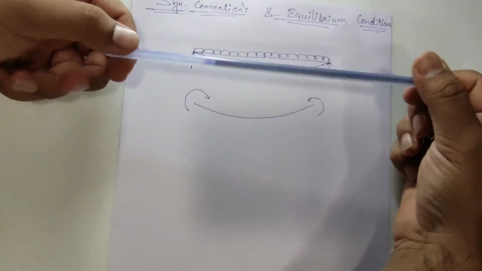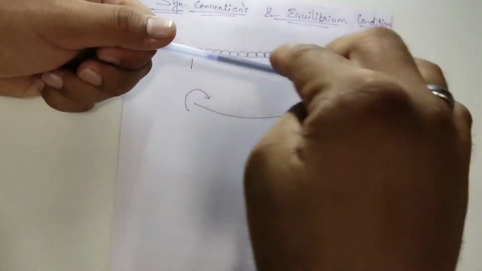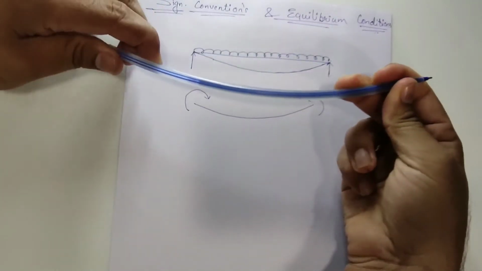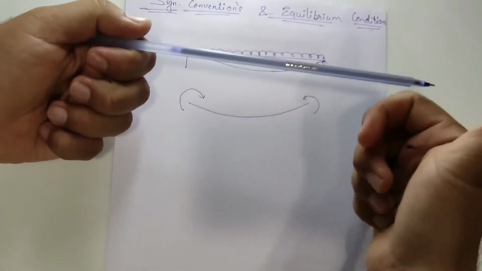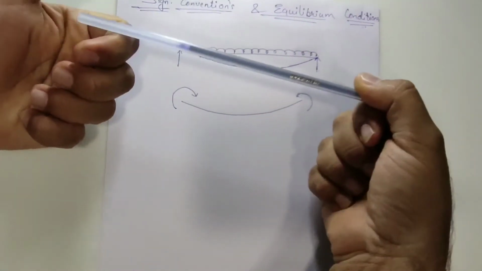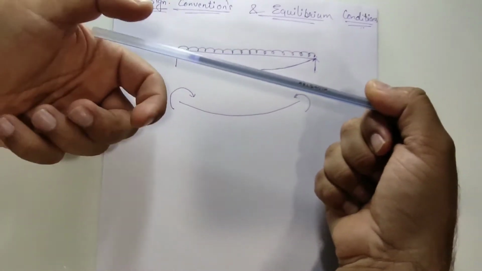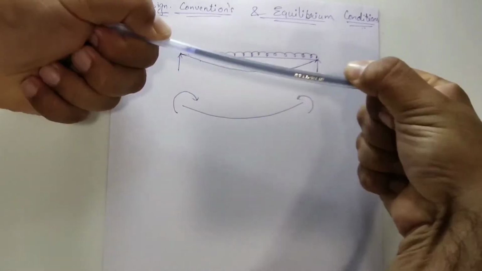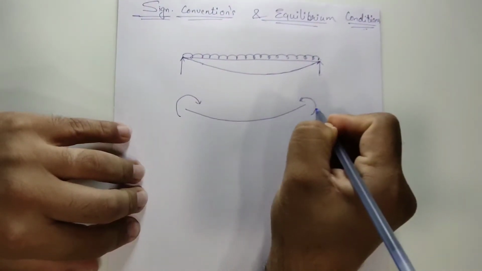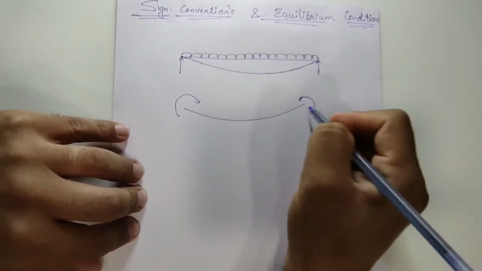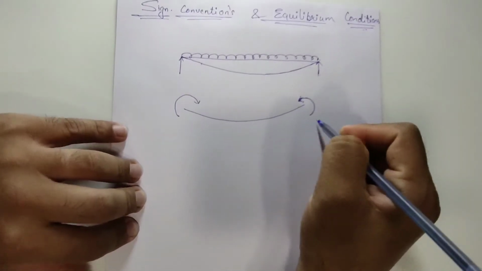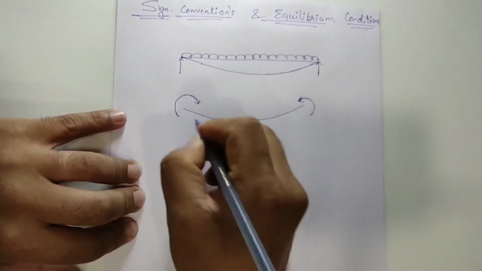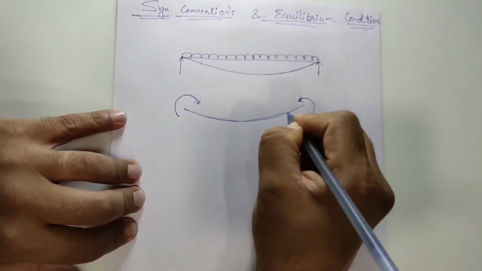Taking an example with the help of this pen only. If the load is acting over here, what will happen? It is going to bend like this only. Okay, so if I want to bend in this form, what do I have to do? I have to apply this thumb in this way and this thumb in this way in order to bend like this. So what I am doing, I am applying a force from the right hand side in the form of anti-clockwise, and from the left hand side I am providing it in a clockwise direction. The beam is deflecting like this.